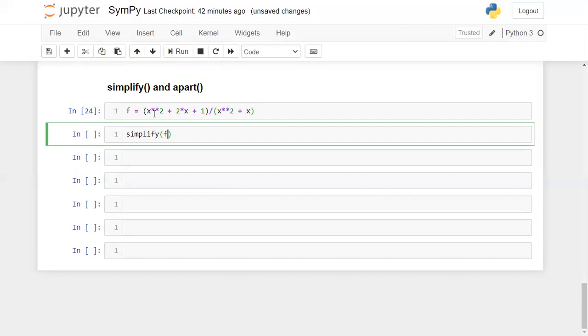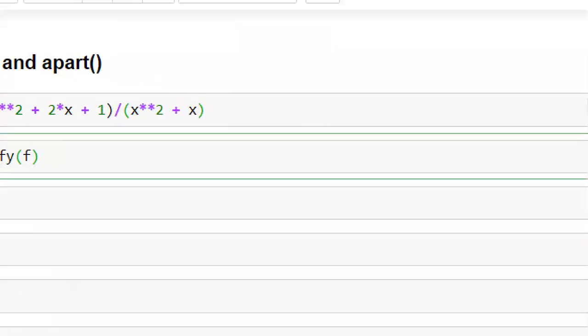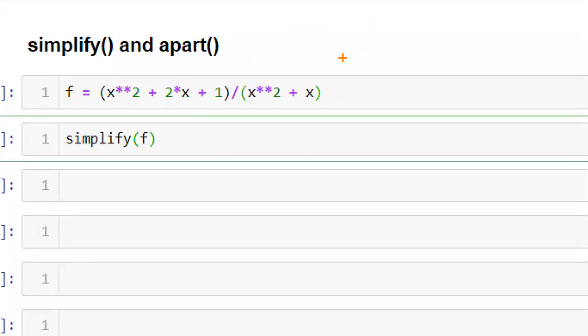If you observe, x square plus 2x plus 1 can be written as x plus 1 whole square, right? What will be the value? You just try to understand. The numerator can be written as x plus 1 whole square. Then in the denominator, you can take x as common, and the denominator will become x multiplied by x plus 1.